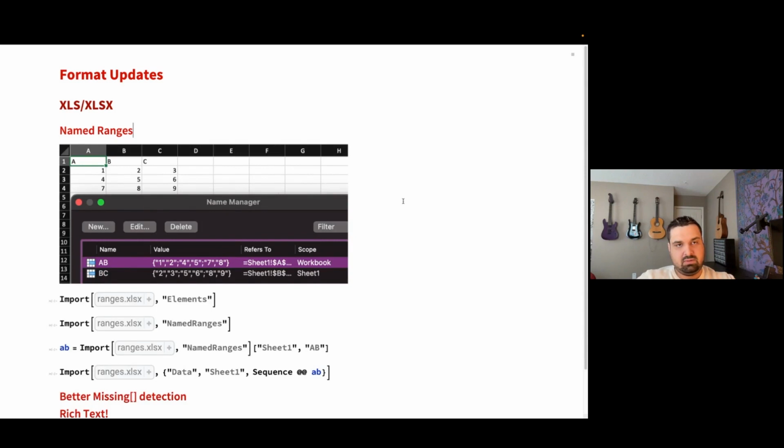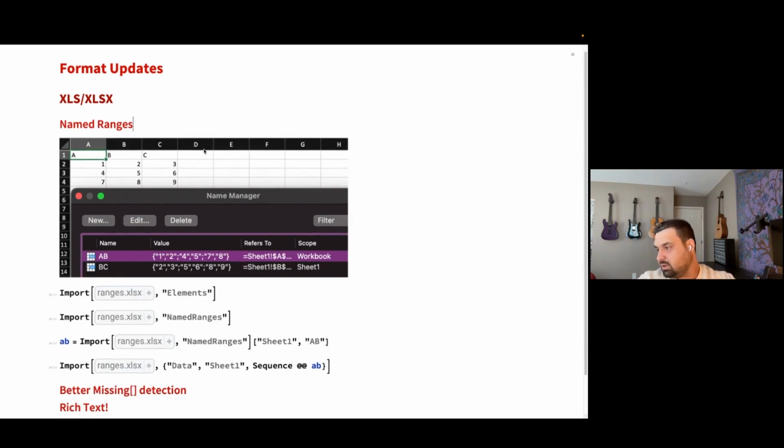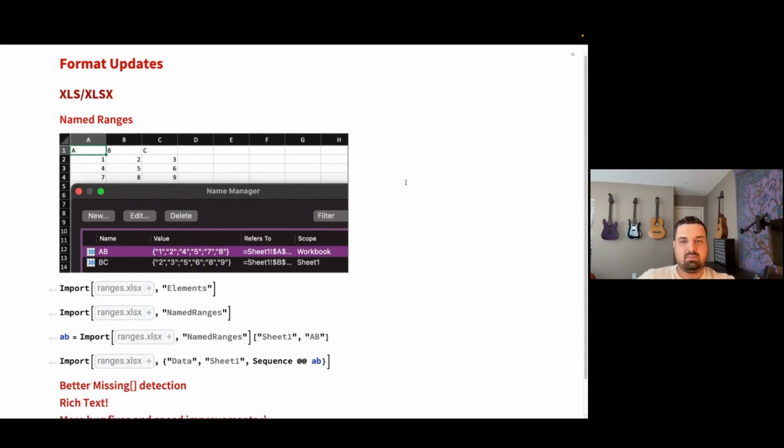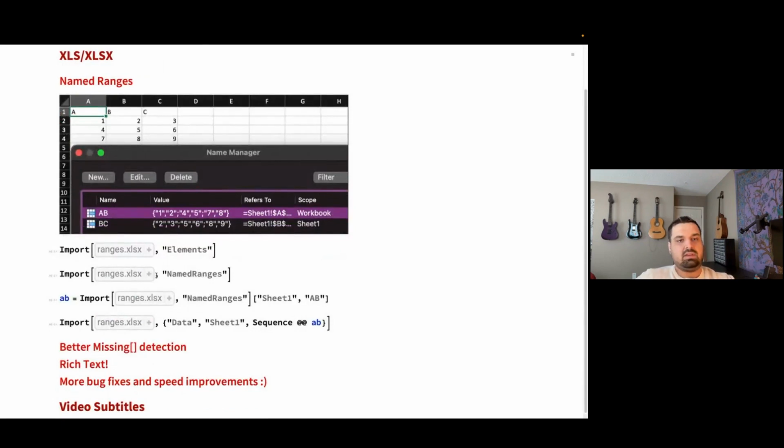So let's move on to named ranges. And I see a question about DXF. We will get to that question towards the end of the talk. Now,